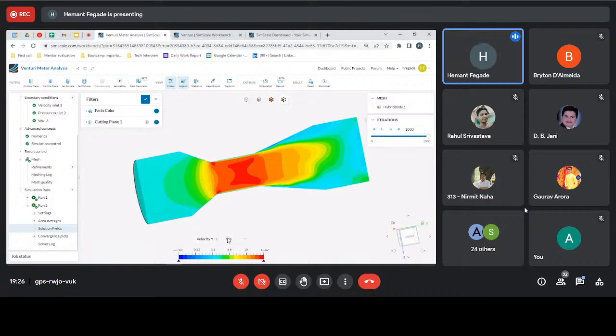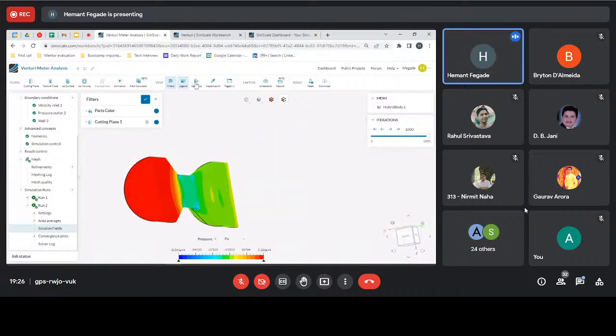First thing is switching back to the pressure gradient. Over here, as you can see, you can make use of this inspect point function and click where you want the pressure to be calculated. The pressure over here is around 48,755 pascals. Then you note that down as your pressure 1, P1. Then you do the same thing for